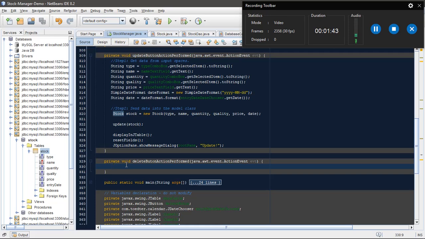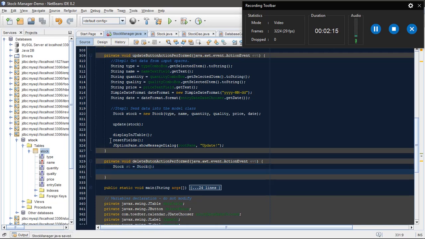So we're going to first get a key, let's say a string selected name, or we can also say Stock st equals to stock, and then we say st dot set the name,